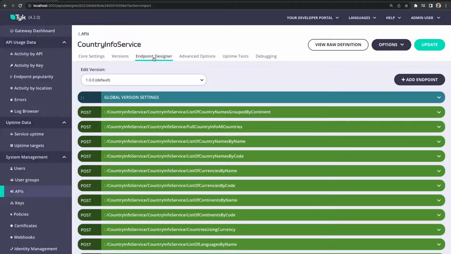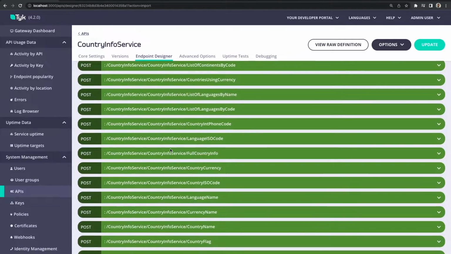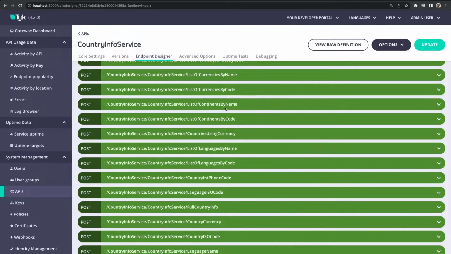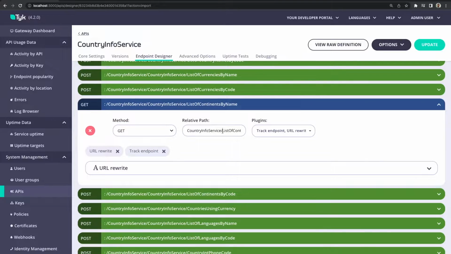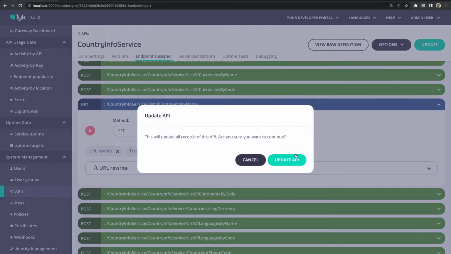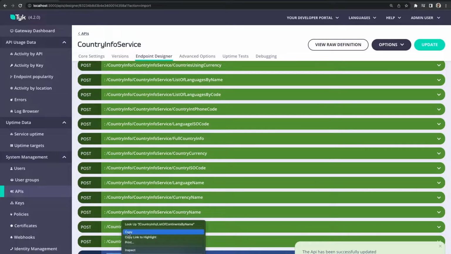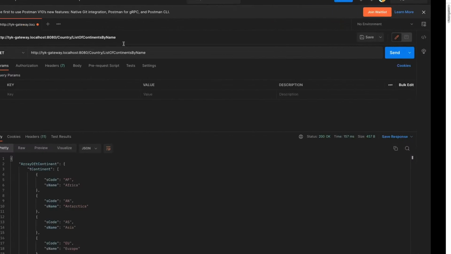And I'm going to go to the endpoint designer where you can find all the different endpoints that we have. The one that we used before is the list of continents by name. And of course, we want this to be a GET request. Here, in order to avoid redundancy, I'm also going to reduce that relative path, and I'm going to update it. Now, this endpoint that I just created, I can copy it and